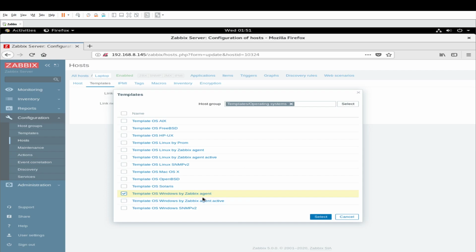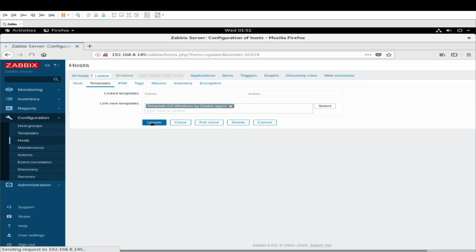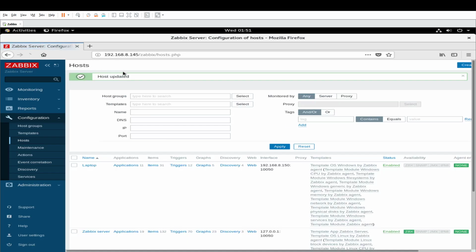I can select this one, or you can select multiple templates also. Let's select that and update it. This template will be pushed into the configuration. So here it's applied, and in the meantime let me check the firewall, whether my computer's is enabled or disabled. Just give me a second.